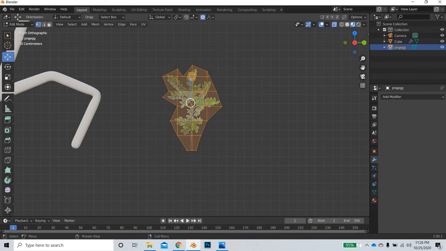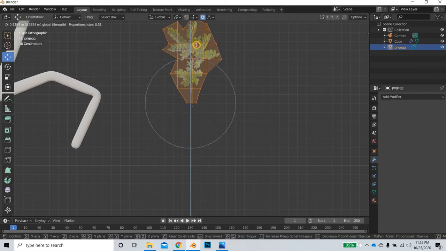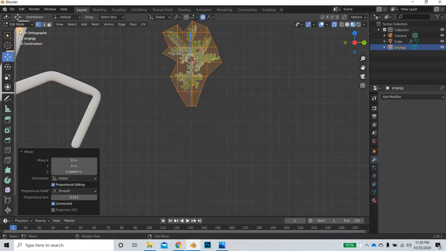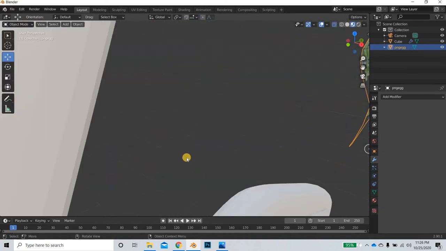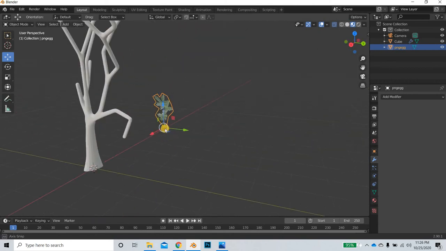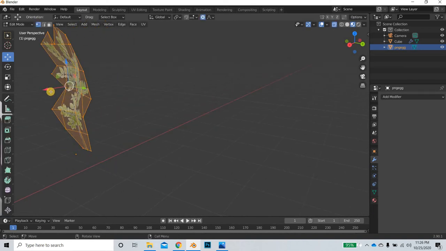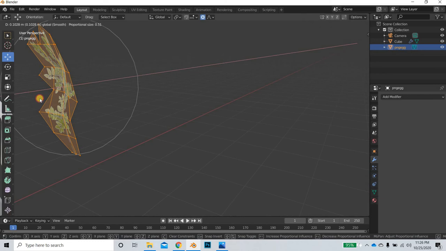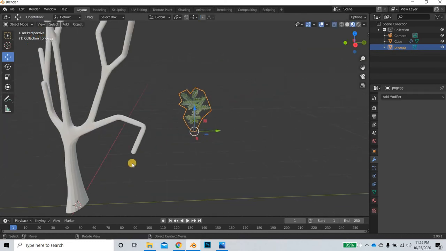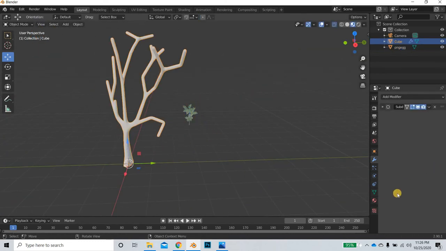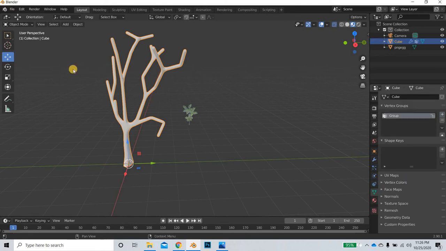Another very important thing to do is, in the edit mode, make sure that the origin, the yellow dot, is at the base. Okay, because from here it will be placed all around the object. So that is very important. Now we need to create a vertex group. Go to this option and add a vertex group,